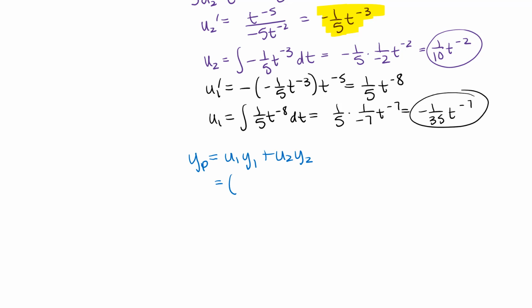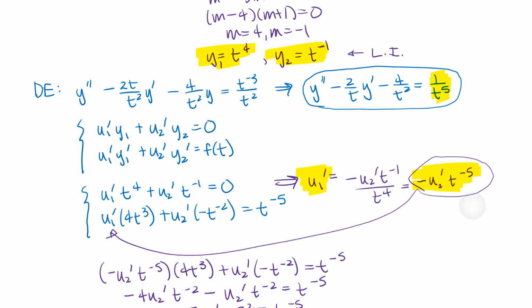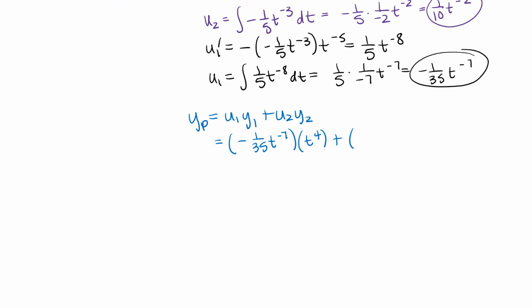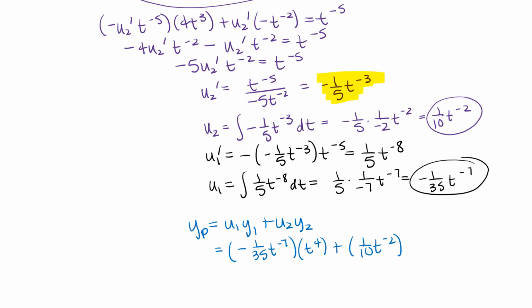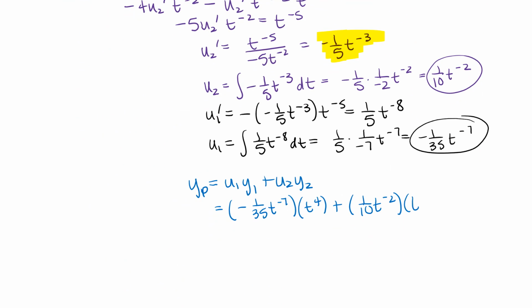So the tricky thing here is just making sure you put all the right things in the right places. So this is where it's important to make sure you've labeled your work properly. So u1 times y1, so I'm going to go way back up here. My y1 was t to the 4th, and my u2 was 1/10 t to the negative 2, and then going back up here to look at my y2, that was t to the negative 1. I do get some nice simplification on this one. Okay, so there's my yp,